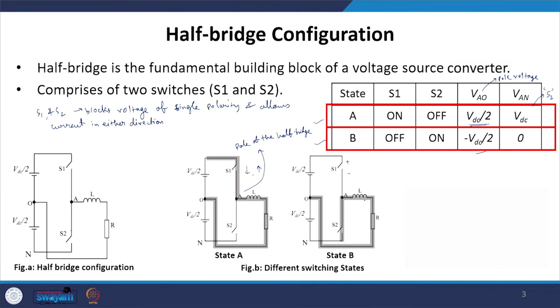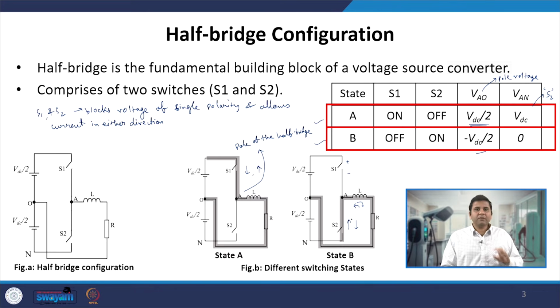However, depending upon the load, let us say the switch S2 is a MOSFET, current goes from source to drain or from drain to source, depending upon the load or the magnitude of the inductance and resistance. So there could be a possibility that current goes in this direction or in this direction in some portion of the line cycle. So irrespective of the load current, both S1 and S2 block the voltage VDC, and it has to be realized in such a manner that both the switches can allow the current to flow in either direction.